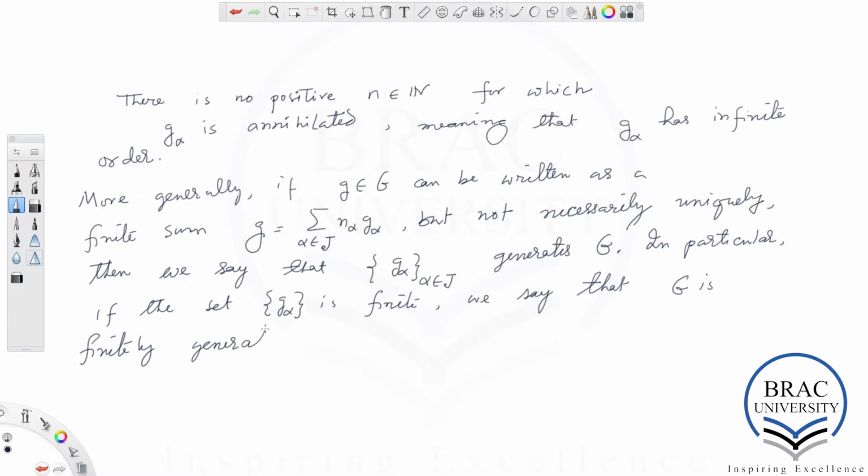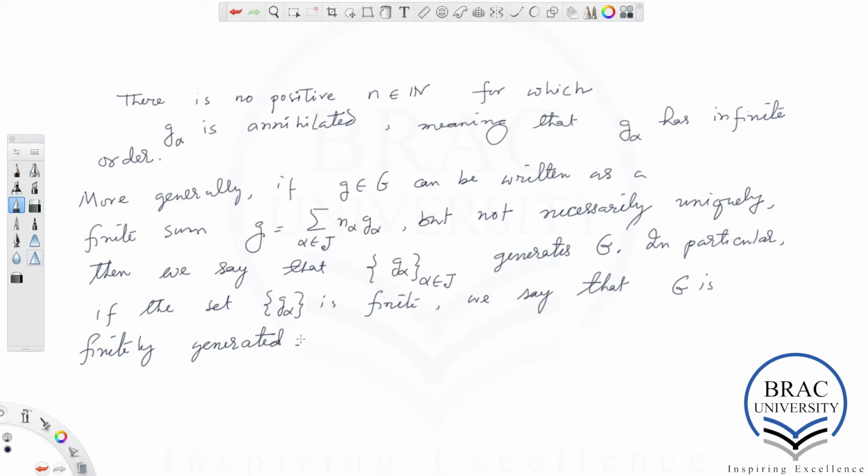So in the case of a finitely generated abelian group, we don't expect the group elements to be written as a unique linear combination of the elements in the generating set. So that's the difference between a finitely generated abelian group and a finitely generated free abelian group.